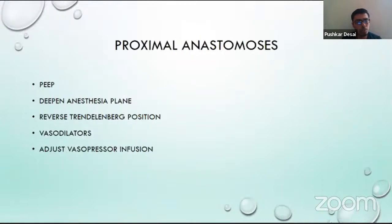During proximal anastomosis, we can give PEEP to the right lung at around 10 centimeters of water, so it can shift the mediastinal structures to the left side, and we can help the surgeon in easy visualization of the structures. During this proximal anastomosis, the standard is to maintain systolic blood pressure between 90 to 100,